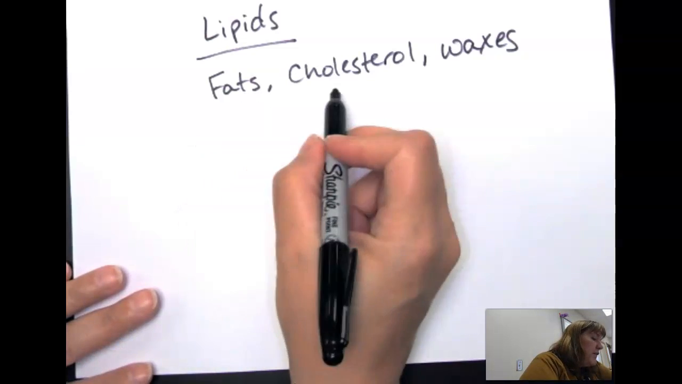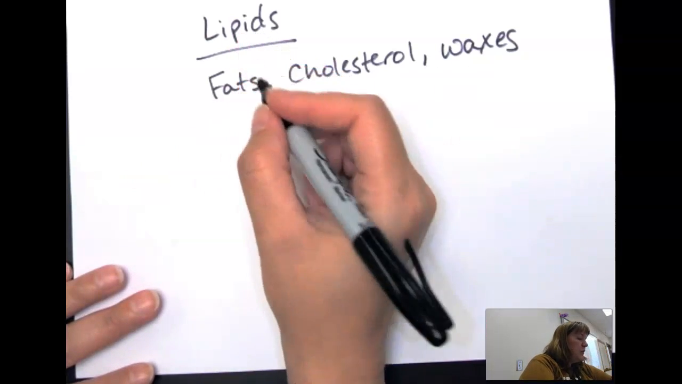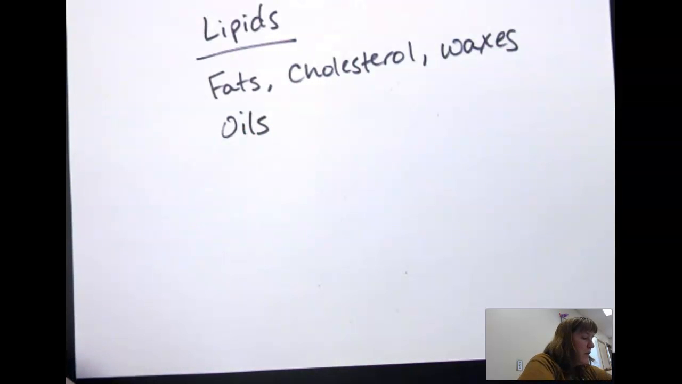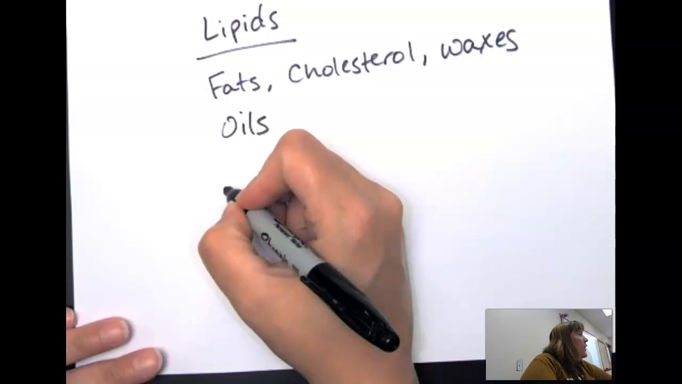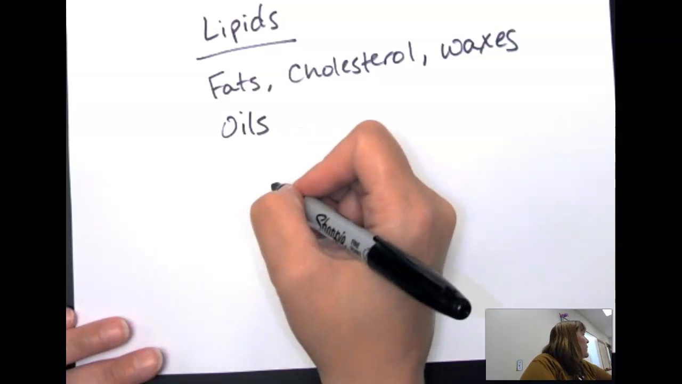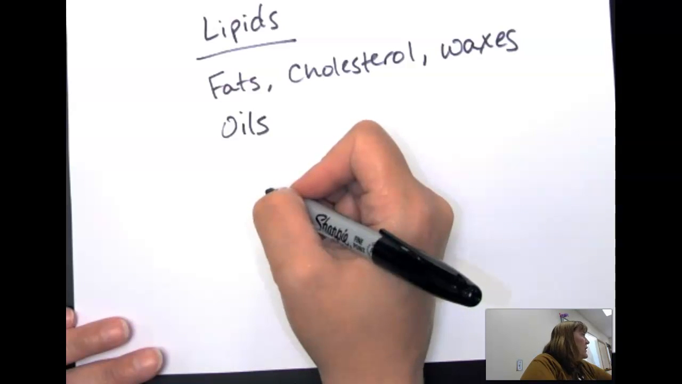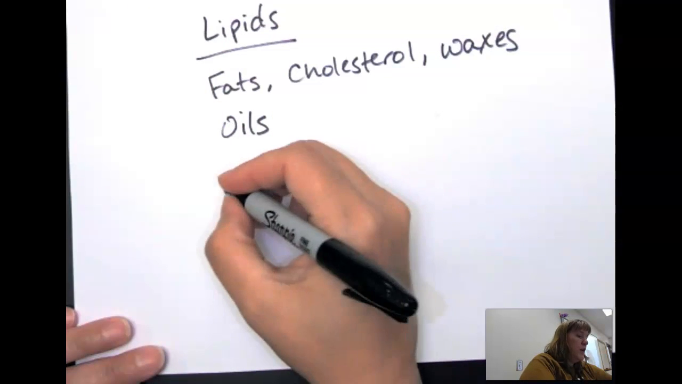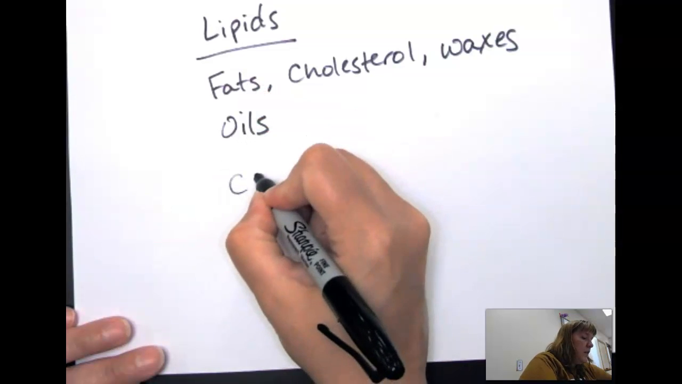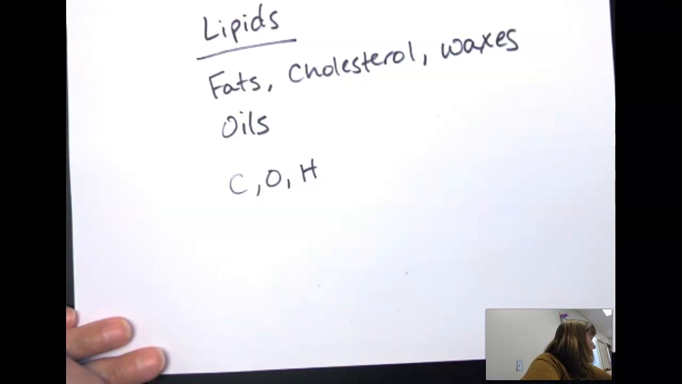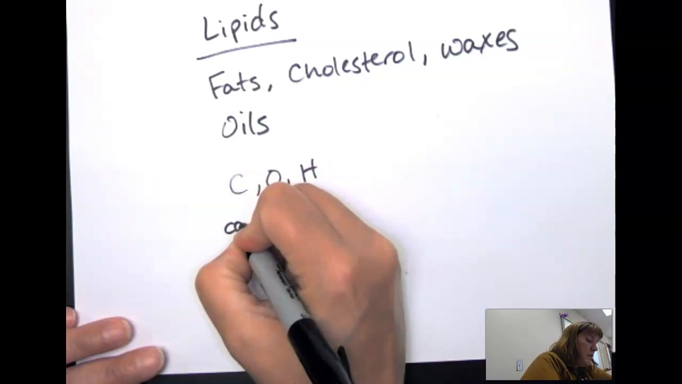Okay, so we have fats, cholesterol, waxes, or lipids. The other term that you said earlier was oils. These are storage molecules. When we have a whole bunch of sugar that we weren't able to make into glycogen and store in our muscles, we will convert it to a lipid. They also are built out of C's, O's, and H's. So carbons,